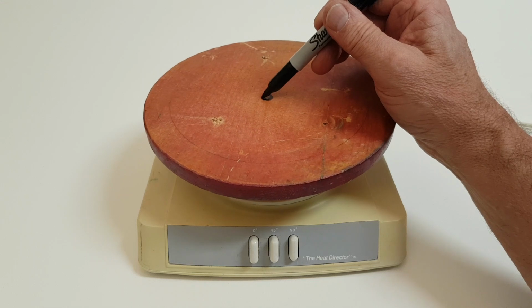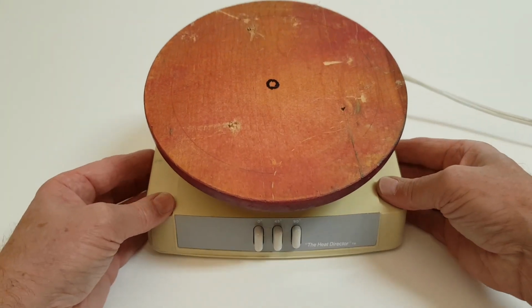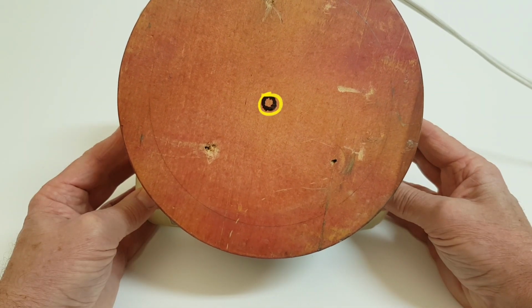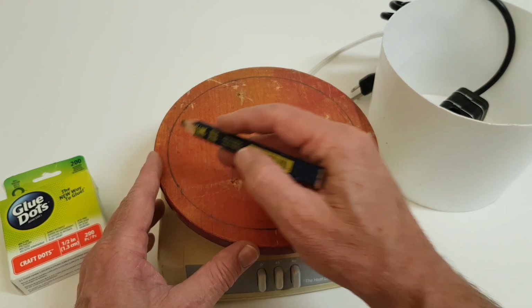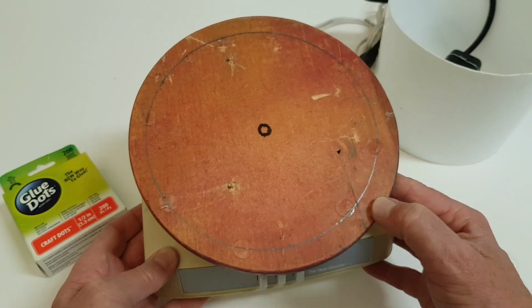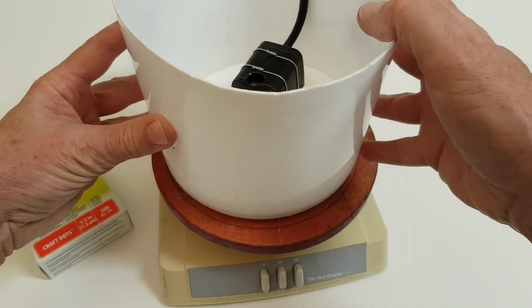To find the center axis of the oscillating platform, hold a marker near the center as it is moving. This should give you a pretty accurate reference mark for true center. Use that mark to draw the outline of the bucket's base. Then glue the bucket to the platform. I'm using glue dots, which will hold it in place while operating, but will also allow for the bucket's removal